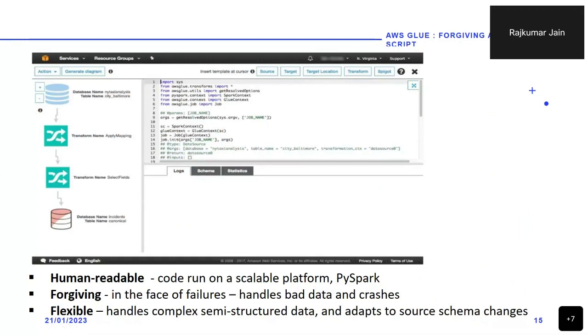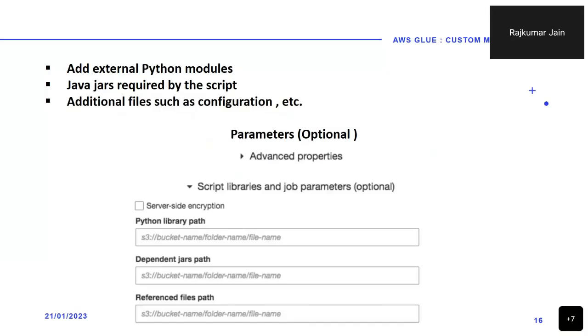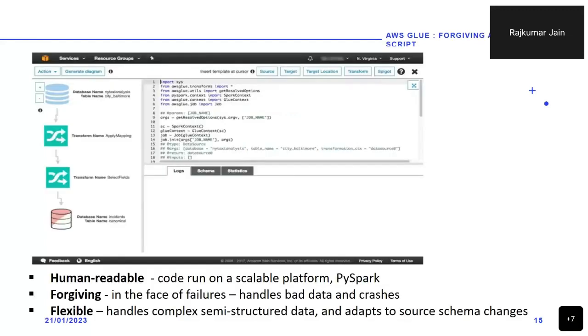So the script is human readable code run on a scalable platform like PySpark. Forgiving in the face of failures, it handles bad data and crashes. Flexible, as I said, it handles complex semi-structured data and adapts to source schema changes easily. Okay. So